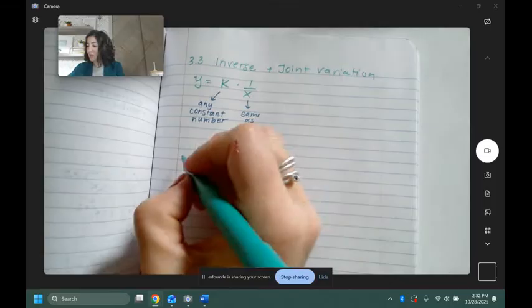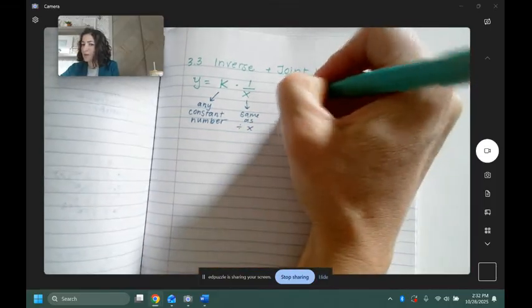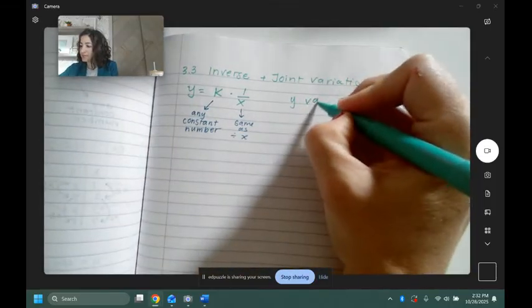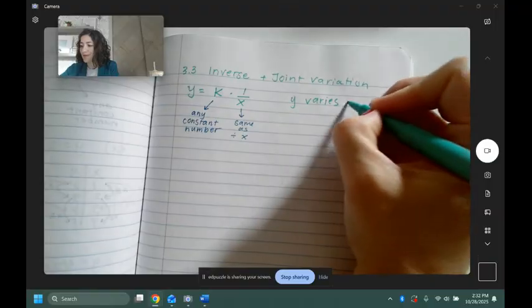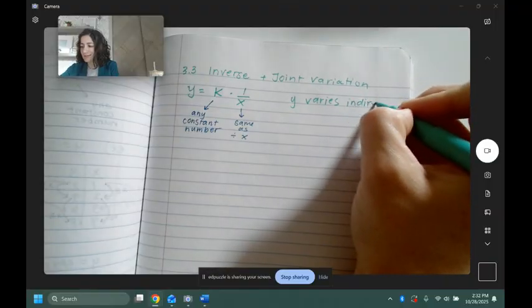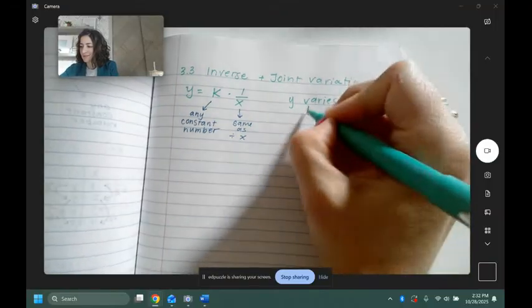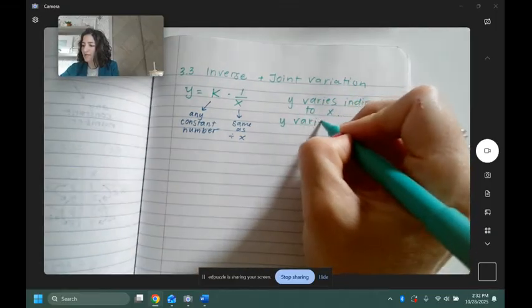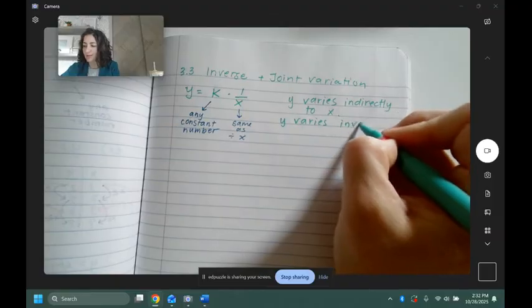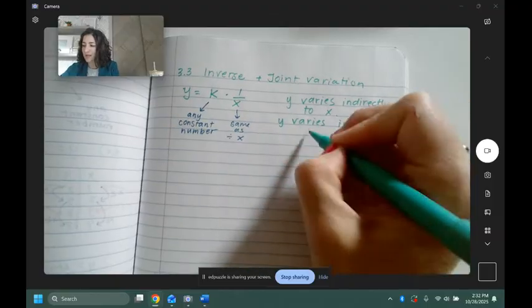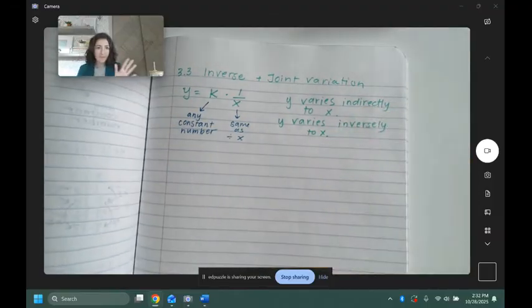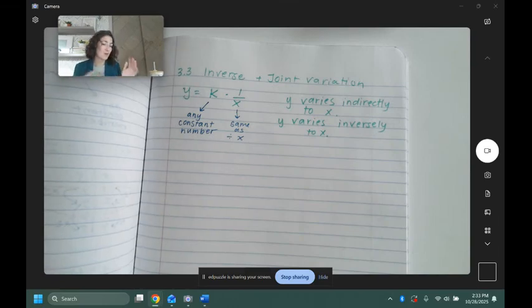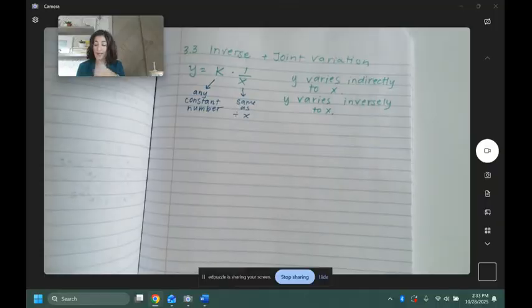For example, and we would write this: y varies indirectly to x, or y varies inversely. And you could flip those around too. The same thing as x varies to y as y varies to x. Okay, so for example,